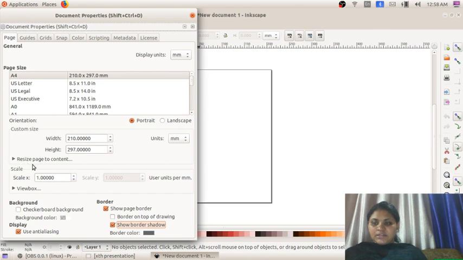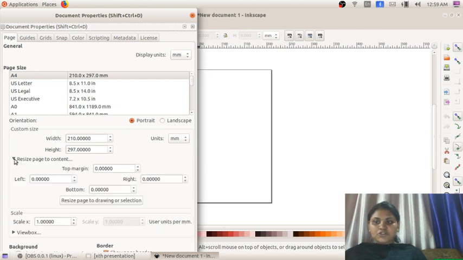Here there is an icon named resize page to content. What does that mean? That means if we draw a picture and the picture size is more than the border, what can we do?